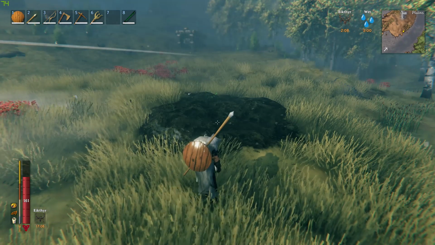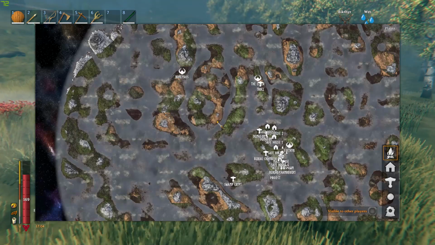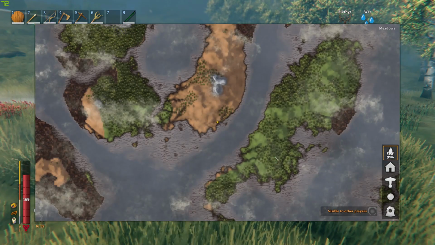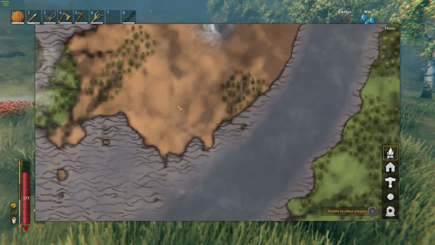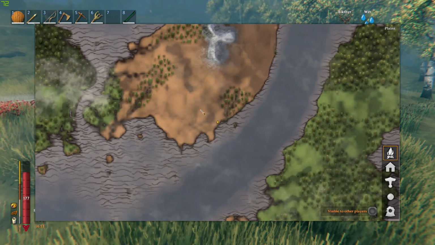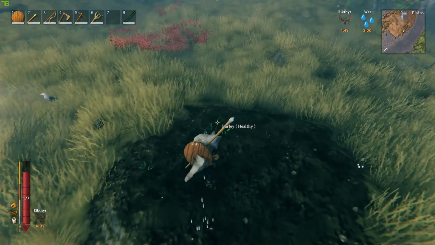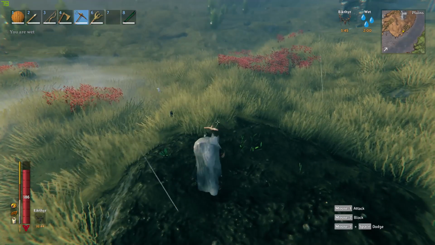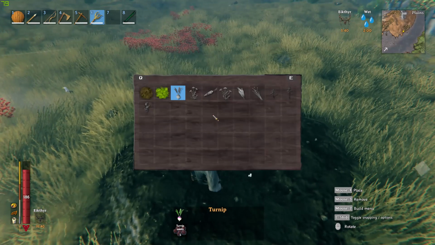I'm barely still getting used to it, learning it, but there's still a lot to do. I suggest that if you're gonna want to do crops and stuff like that, grow them. The best biome to do it in is the plains because you can grow all of the crops there, from carrots to flax, barley, and turnips. Because there are certain biomes that you cannot grow